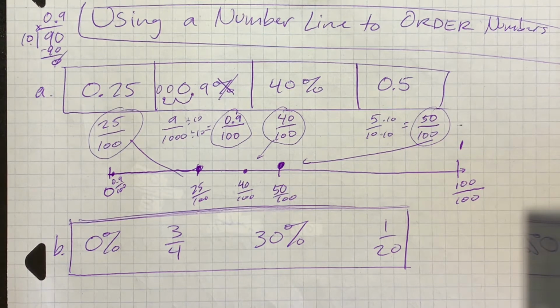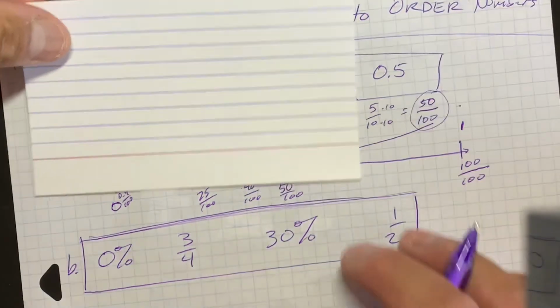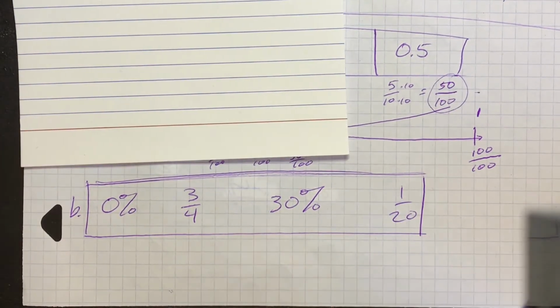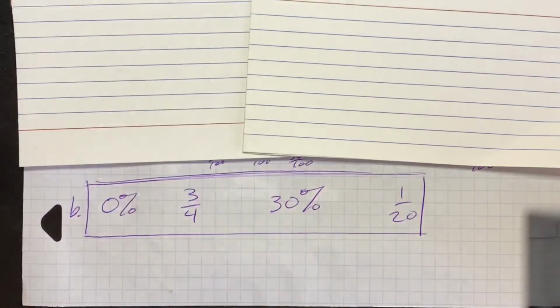And then the next example, let me just go ahead and cover this. And we have 0, 3/4, 30%, and 1 over 20. Again, so when we compare fractions, decimals, percents, we want to make them all sort of like in an even playing field. So I guess, again, if we make this into a fraction,